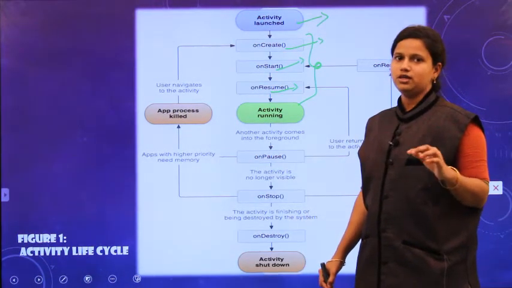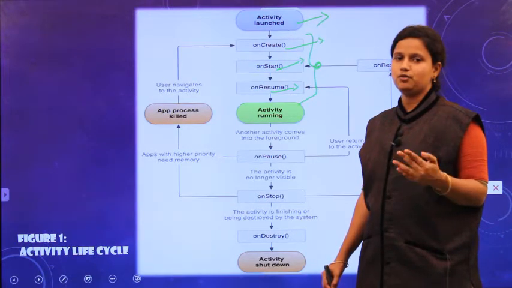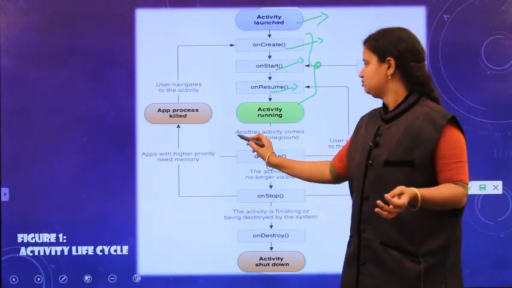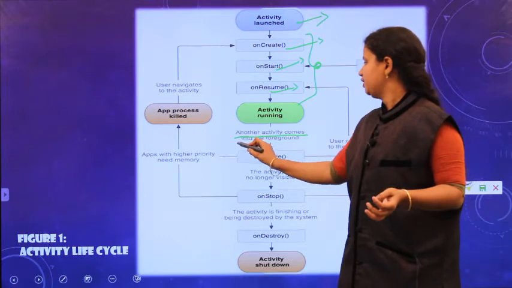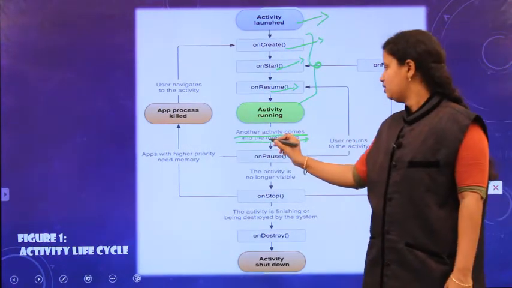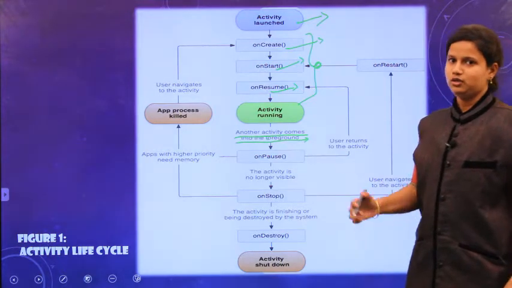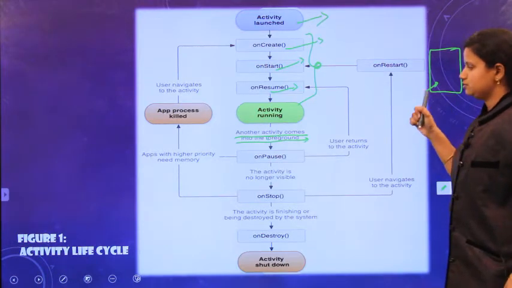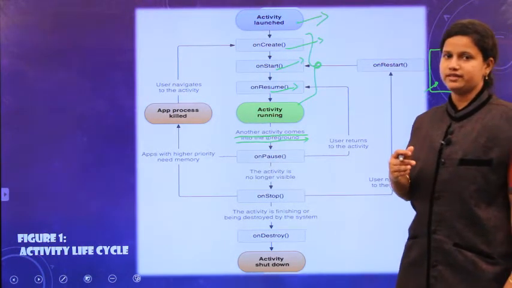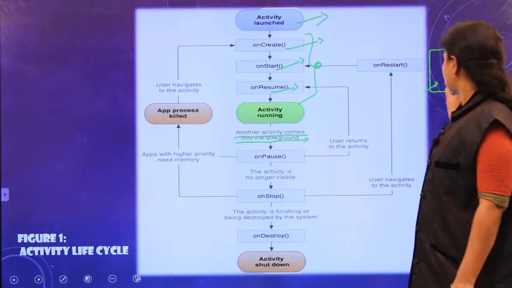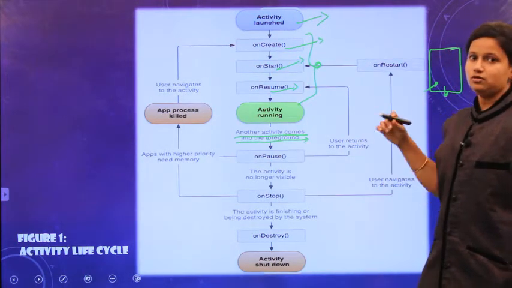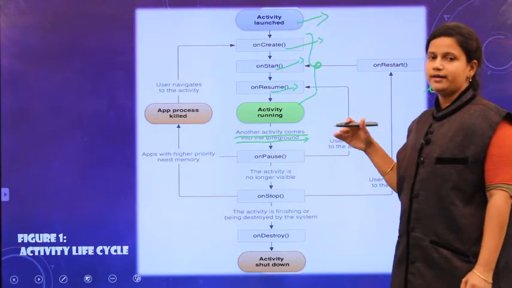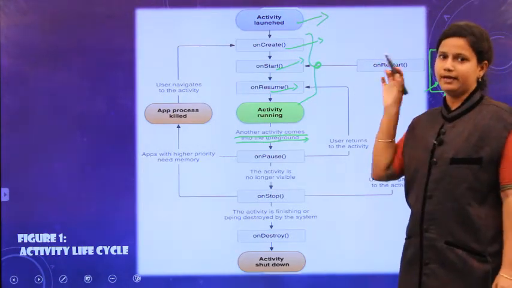onPause means if you are not using the present application and you move on to another activity, the current activity will wait for some time. See this: another activity comes in. Here we first have to know what is foreground and what is background. Your application is presented on your mobile, so your activity is in a foreground state. What is the background? You are not closing this application, but you are using another application, that means you are pressing the home button. In that situation, this application will be running in the background.